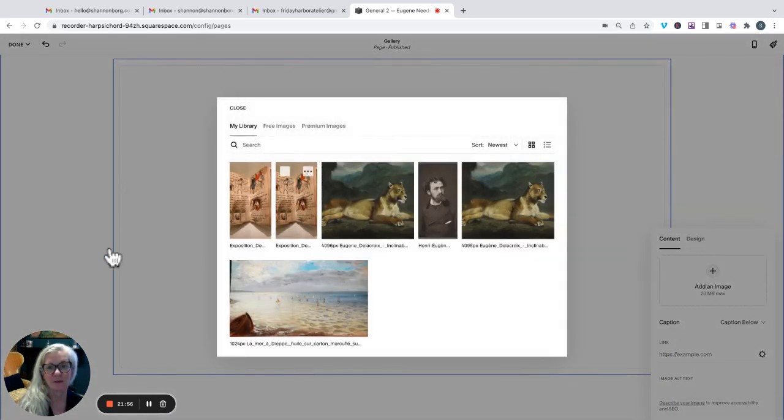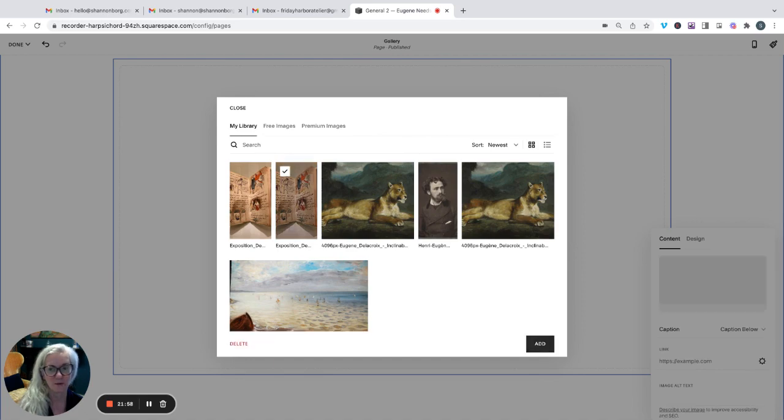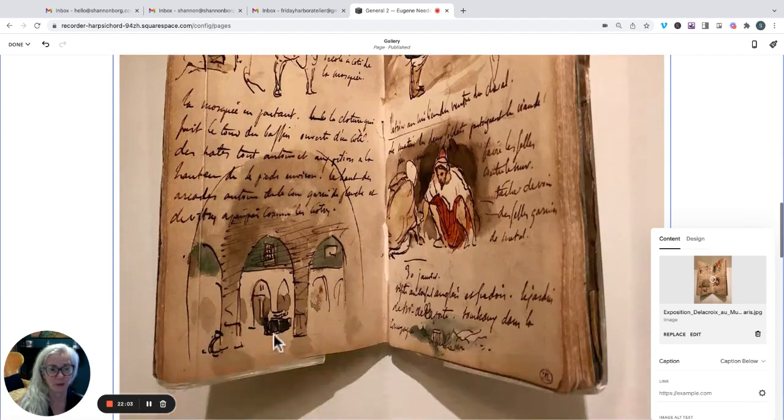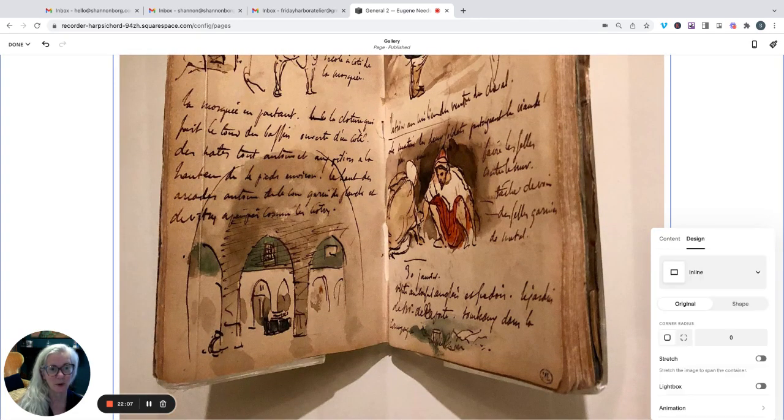Select from my library, or upload a new image if you haven't added anything yet. Oh boy, that's kind of big. The reason it is is because of the design. Okay, so I want to go to design, and this is where you can choose all the different types of